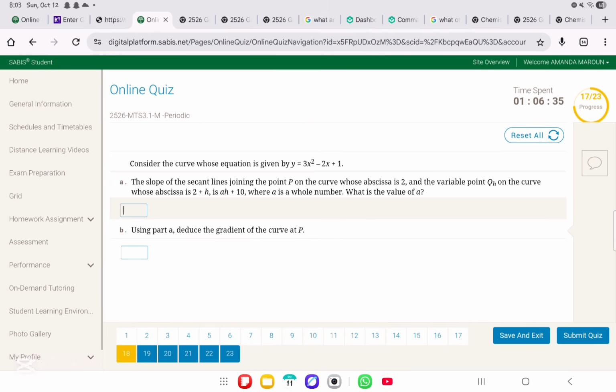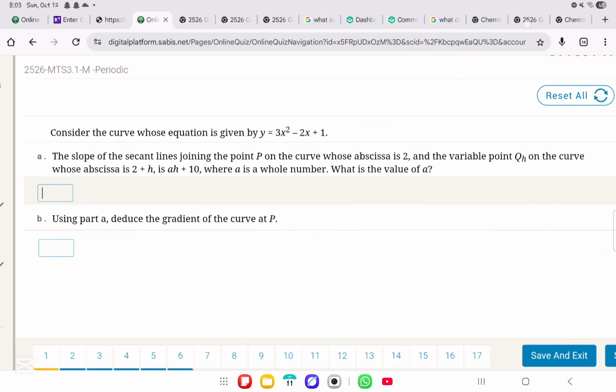What does it say in question number 18? Consider the curve whose equation is given by y equals 3x squared minus 2x plus 1. Perfect. The slope of the secant lines joining point P on the curve whose abscissa is 2, that means we have value 2 here. What about the y? If we have x being 2, how do we find the y? You just substitute it in this equation. So it's going to be 3 times 2 squared minus 2 times 2 plus 1,